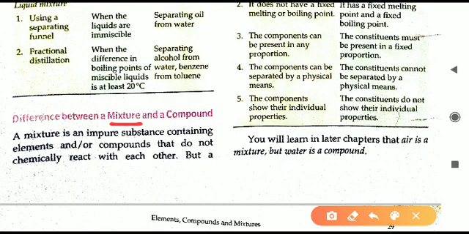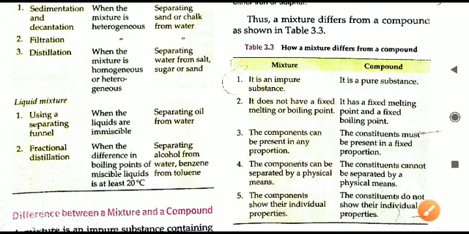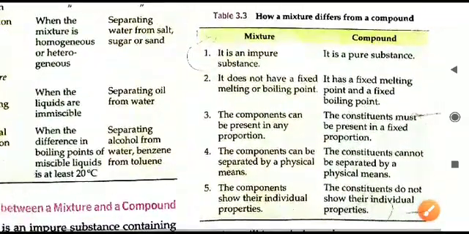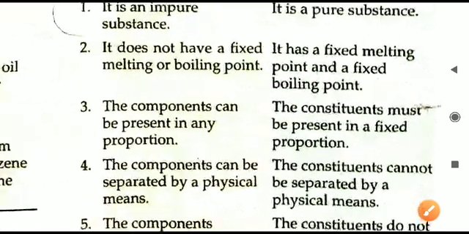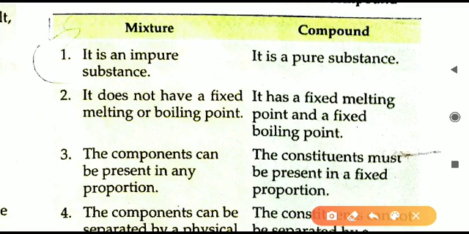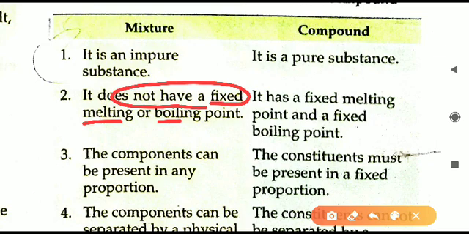Last point is about difference between mixture and compound. We will read this differentiate between, and then we will end the chapter. So what is a mixture and compound? What is the difference basically? First point to the fifth point, one by one we will read all of them. First one is impure, that is mixture. Second substance is pure, that is compound. Next one about the melting and the boiling point. In case of the mixture, it does not have a fixed melting point and does not have a fixed boiling point. Mixture का boiling और melting point fixed नहीं होता है, but in the case of compound it is fixed.